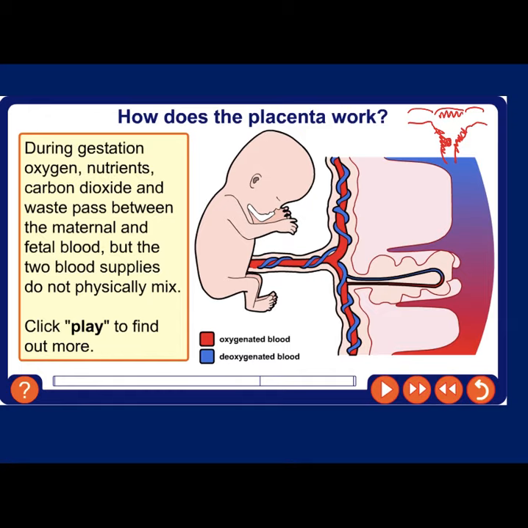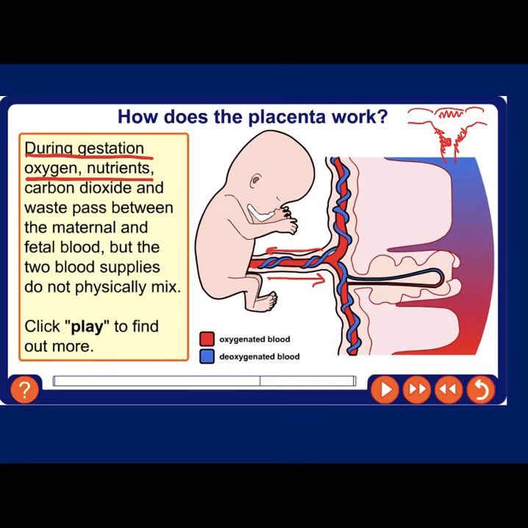The whole point of this is that the baby will be able to get glucose and amino acids into it via the oxygenated blood, and it will get the removal of waste in the deoxygenated blood. So things like carbon dioxide and urea will be able to be removed,